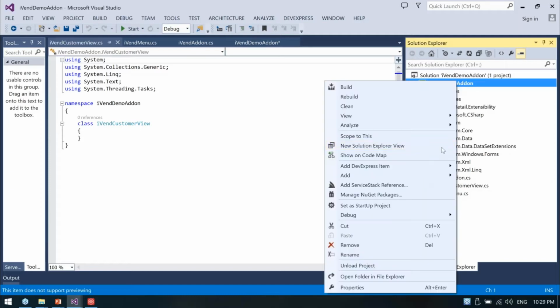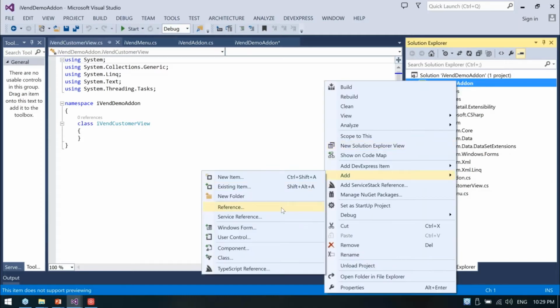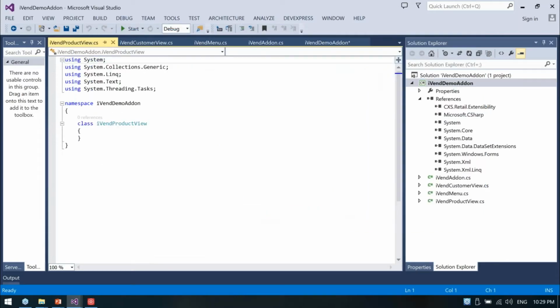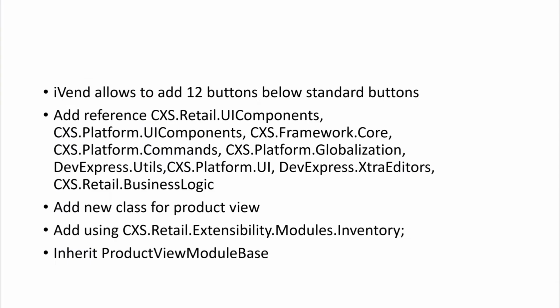Okay, another one is I add on the product, add class iVend product view. Okay, but you need to add this kind of reference, so you can add the new button on the product view. Okay, so we need to add